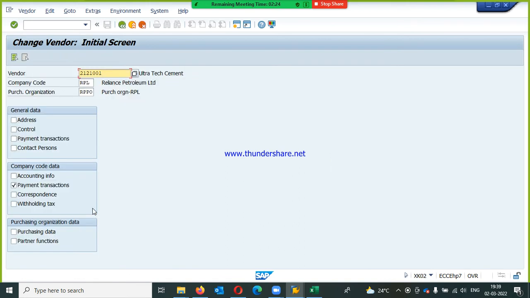Double click on XK02 and here this is a vendor and this is my organization details, company code and purchase organization detail, and here I'm going to select payments transaction under company code data. We are having two payment transaction. One comes under general data and second one comes under company code data. Okay, this payment transaction is related to vendor bank account and this one related to terms of payments. Okay, I'll select this one, press enter,